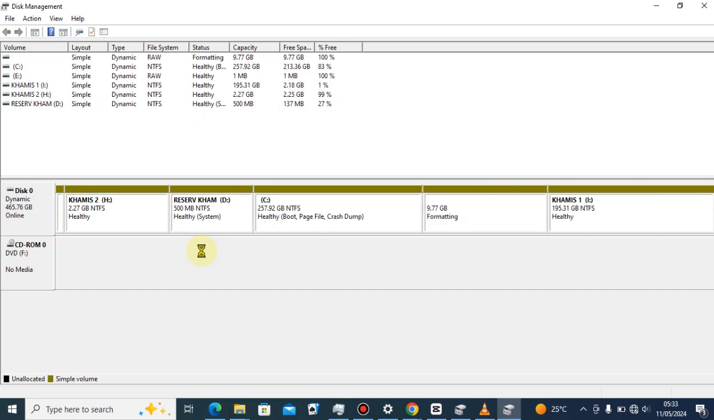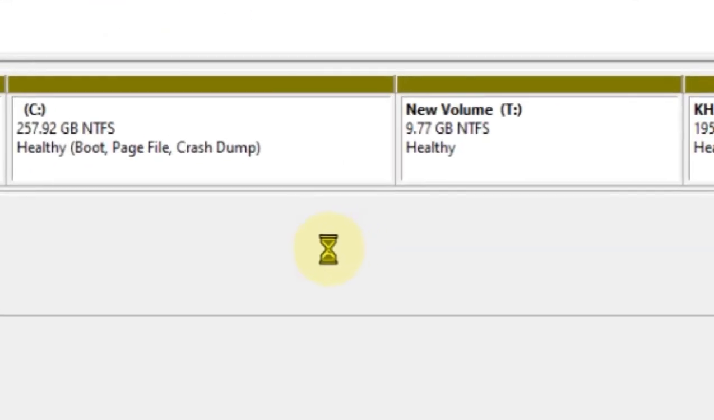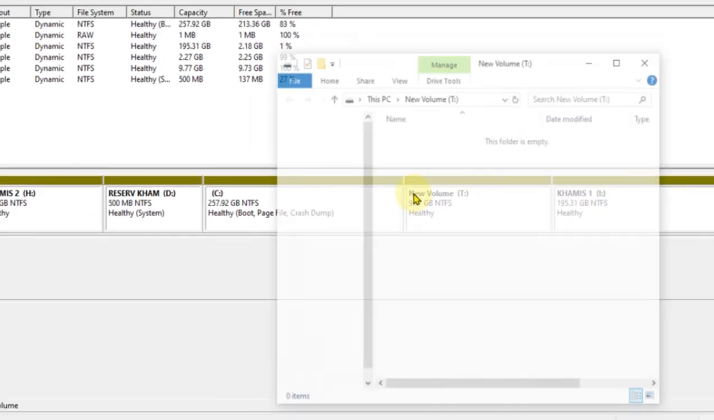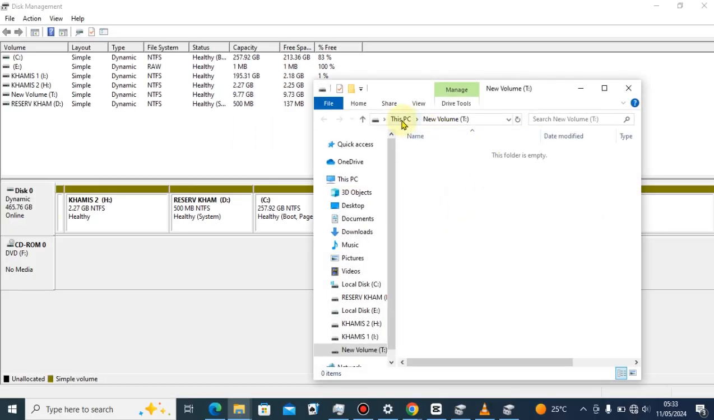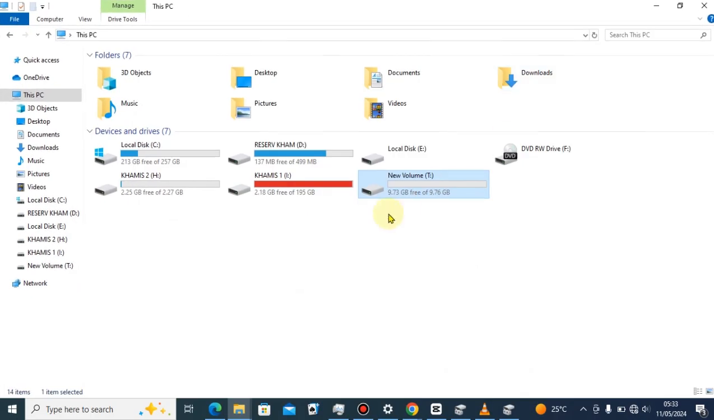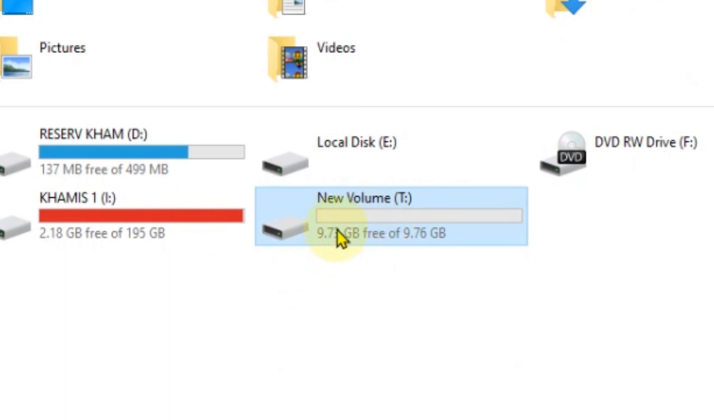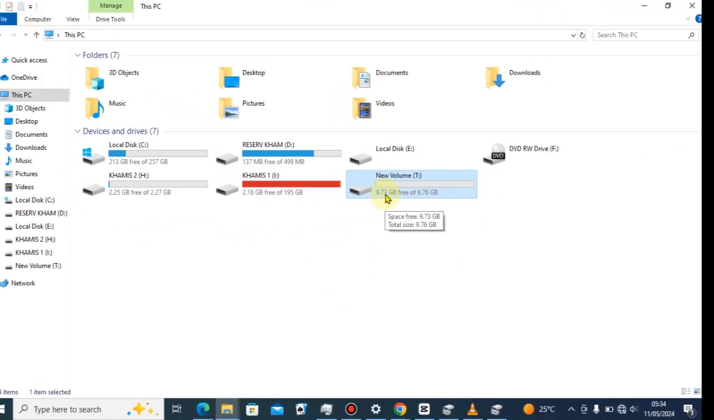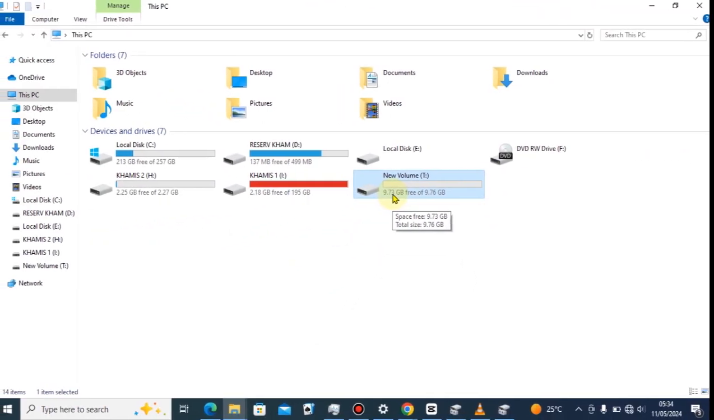So I'm going to wait for a little time. Now it is formatting. Now it is done. As you see, we have a new volume T. Here is our new volume T. It is now already done, the new volume has been created. So that's how to create a new volume in a